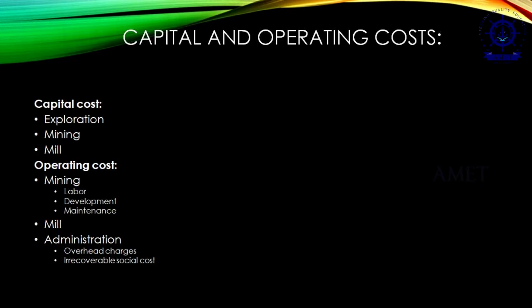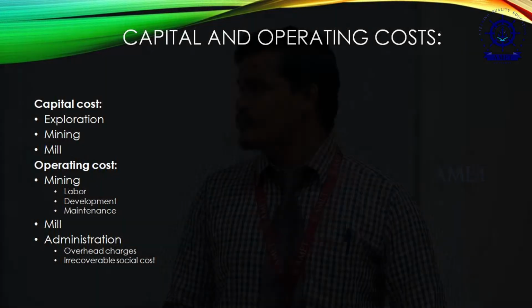So what sort of plant layout has to be prepared will be given in this slide. So in this list, capital and operating cost. What will be the capital and operating cost for this project? Under the capital cost, what was the exploration cost, what will be the mining cost, what will be the milling cost. An average estimate will be provided in this capital cost, and operating cost is also an estimation of